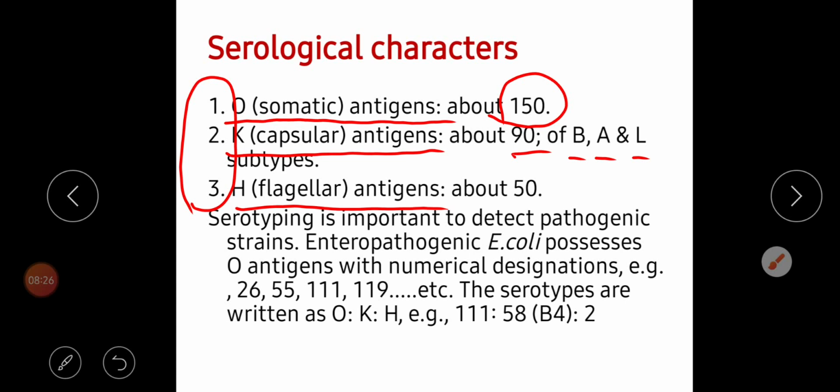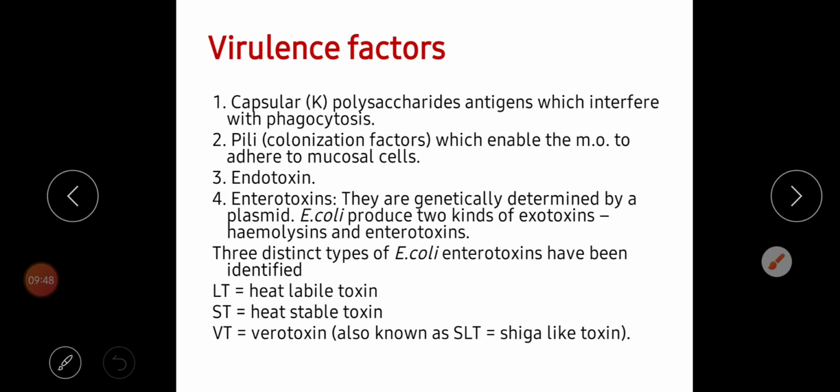Enteropathogenic E. coli possesses O antigen with a numerical designation. The serotypes are written as OKH. Yani, when we say 111:58:2, it means that the O is 111, K capsular antigen is 58, and H flagellar antigen is 2. Virulence factors of E. coli